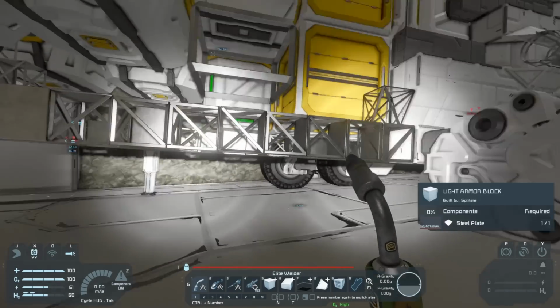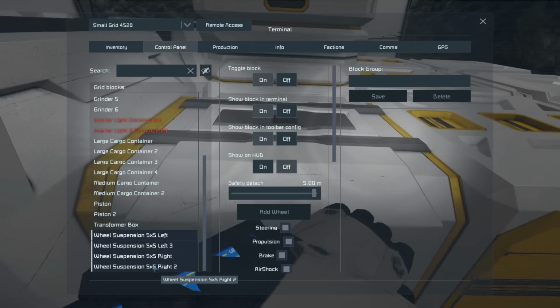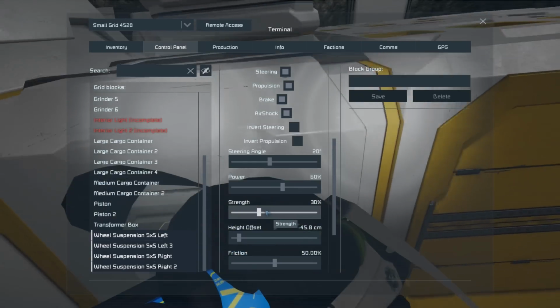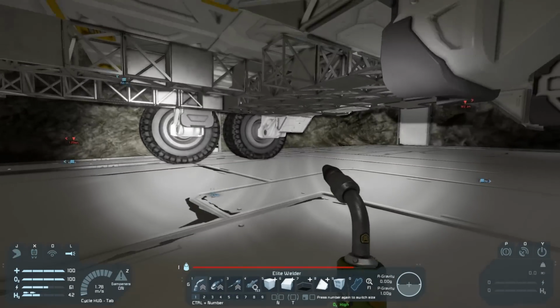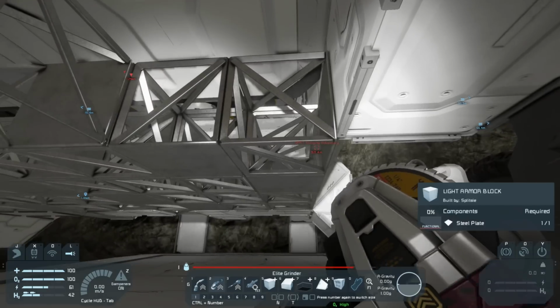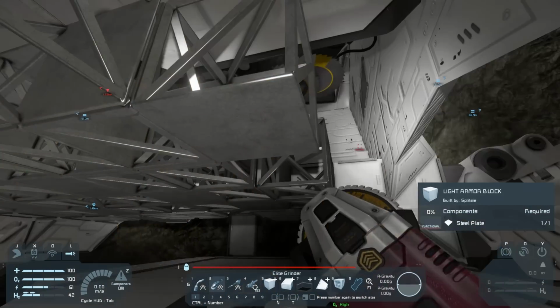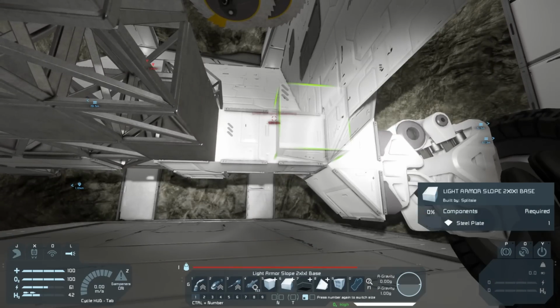Now, what I need to do is massively increase the strength of the wheel suspension so that it clears enough that I can get underneath. There we go. Now we've got clearance. So because I've done what I did there, I'm going to actually replace all of this with...